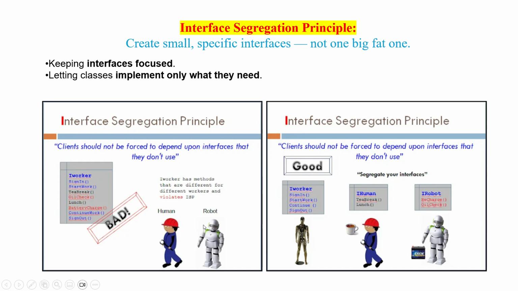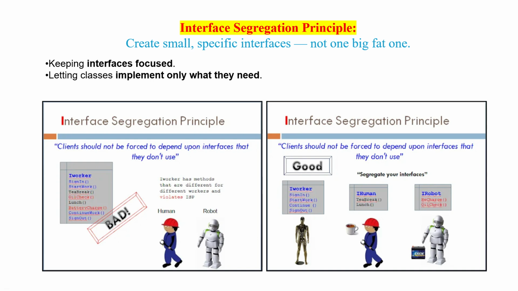Suppose we have to implement this interface as it consists of the methods which are needed for these two classes. We have to implement this interface in both. For example, Human and Robot both implement this interface IWorker. But if you carefully look in this IWorker interface, I have included this tbreak method. This is declared in the IWorker interface. And if I implement this interface in Robot, imagine what will happen.